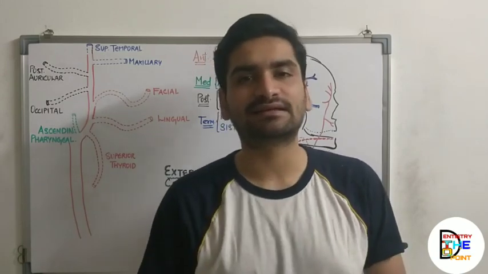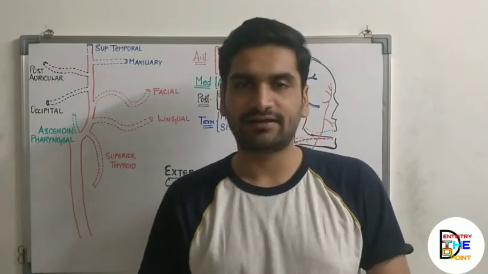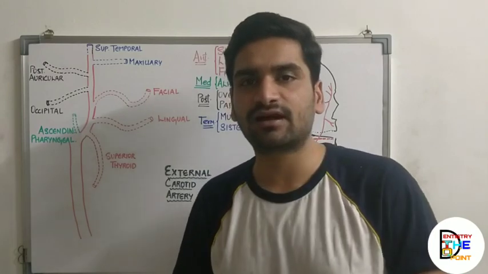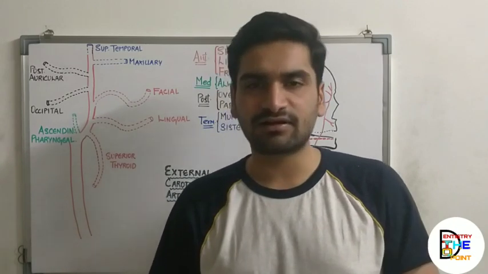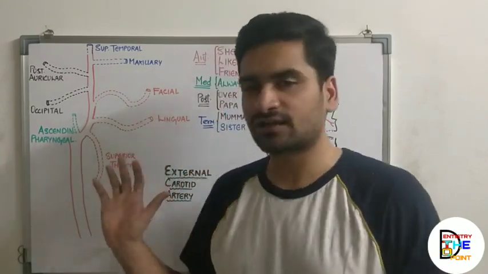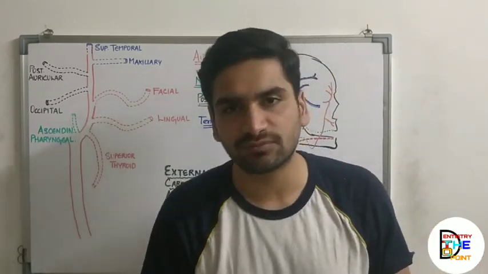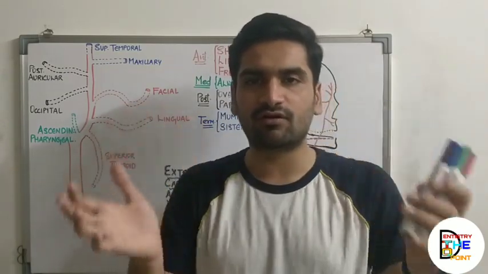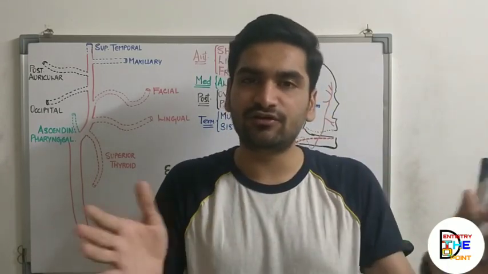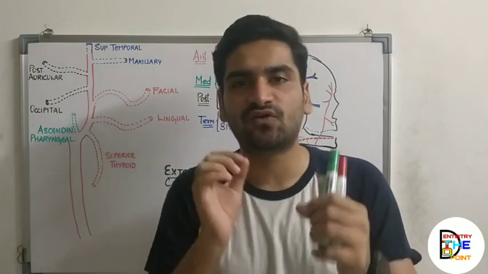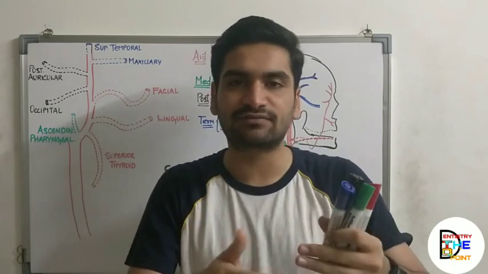So in this video we'll discuss a topic from the subject of general anatomy, that is the external carotid artery. As this is the first video on the external carotid artery, I will just discuss a basic introduction and the branches of the external carotid artery. Then in the further part of this topic we'll discuss every branch in detail, its course and its supply, because it is not possible to cover all 8 branches of the external carotid artery in a single video. The video duration would be too long and it would be difficult for you to sustain. So I'll make short videos on each and every branch so that it is very easy for you to remember and understand.